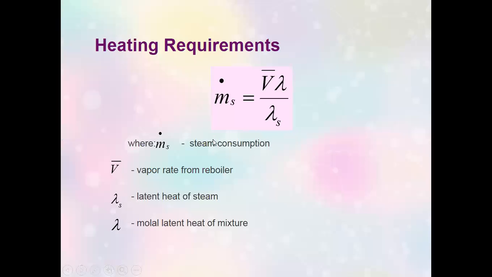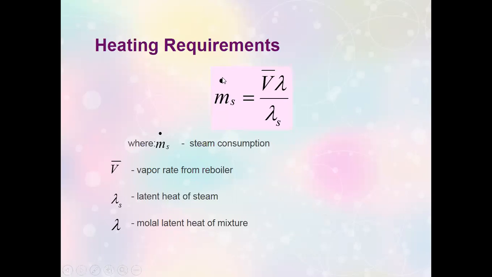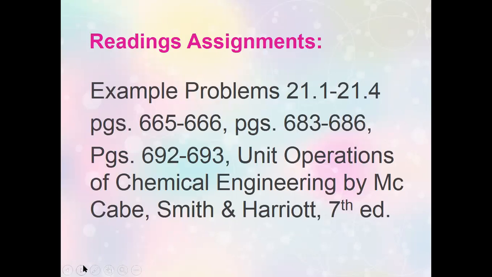Okay. As for heating requirements, I'm just writing it here, but this one is found in your handbook. The same exact equation. I was not just able to write the equation here. This is for the steam requirement in the reboiler. And this one is the mass flow rate of the cooling water in your condenser. Because we need cooling water in the condenser, you have this formula. I think everything there is specified or defined as to what is written in the formula. And this one is the steam in the reboiler, as I have mentioned. You need to study the problems in McCabe on